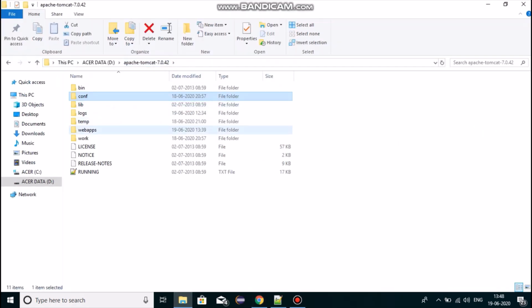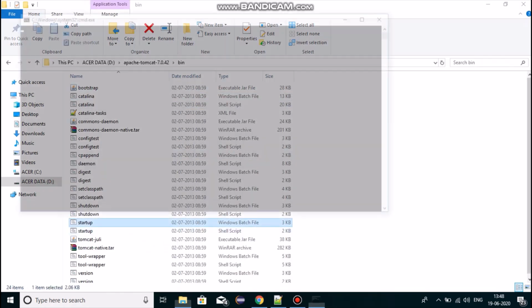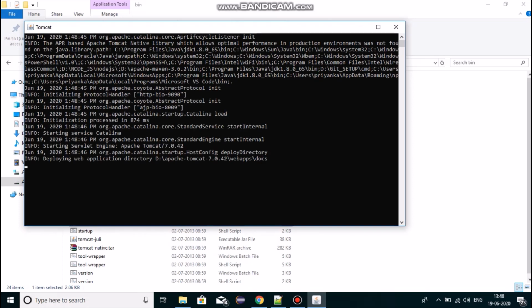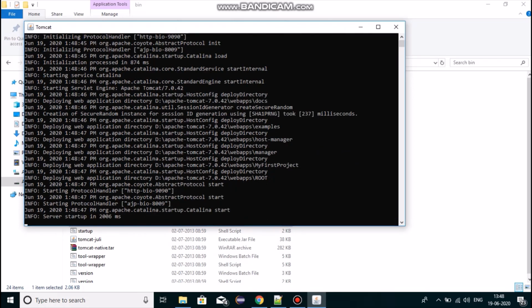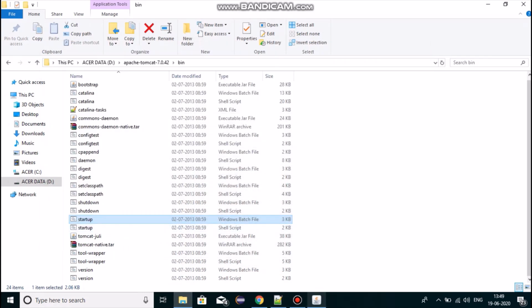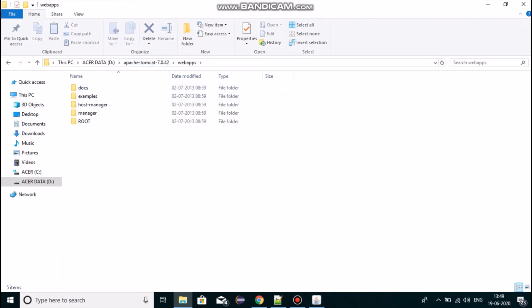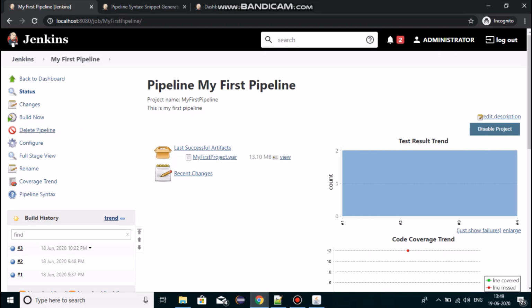So just go to bin, click on startup.bat. So my server is up now. So just checking my webapps folder. You can see there are no war files. So I'll just trigger the build.